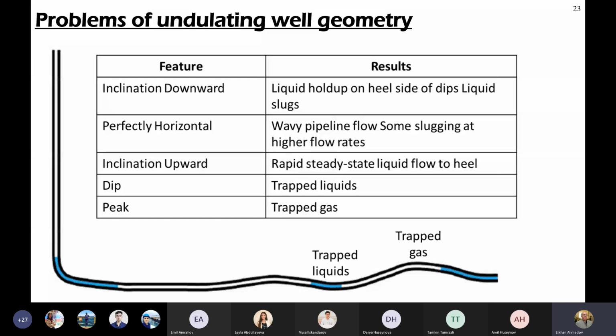And in case of artificial lift, as you know, all artificial lift types, except gas lift, are very sensitive to gas production, gas component in the liquid, and therefore they will be quite problematic for this artificial lift. Okay, and